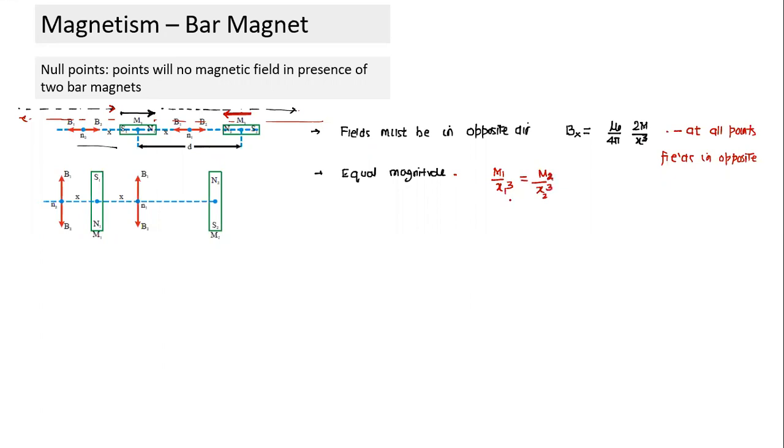So what does this mean? Whichever M is less, the corresponding distance will be less. We have done it before: the null point will occur nearer to the smaller m. And it will occur at 2 points, one on this side and one on the other side. So there will be two null points here because the direction of field is the same everywhere. I'll do one question where we can ask again about the two null points. This is when they are placed along the same line.